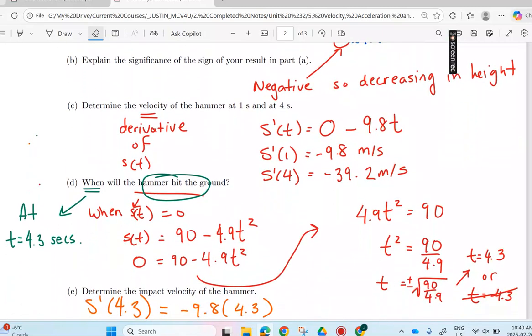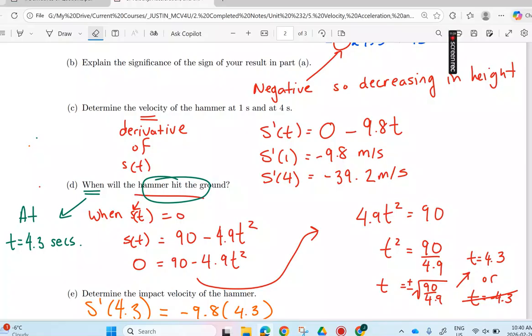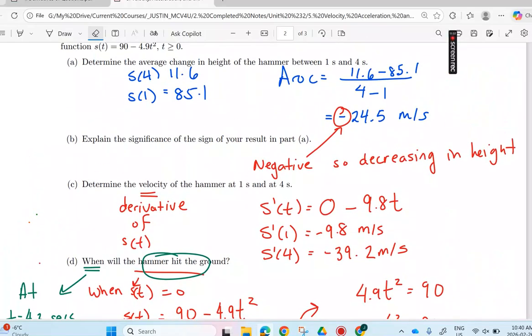Find the velocity. So we want to find the velocity, or the instantaneous rate of change, at 1 second and 4 seconds. So we find the first derivative. So s prime is just 0 minus negative, or subtract, 9.8t, sub in 1, sub in 4. So at 1 second and 4 seconds, that's the speed at which the hammer is traveling, which makes perfect sense because at 4 seconds,